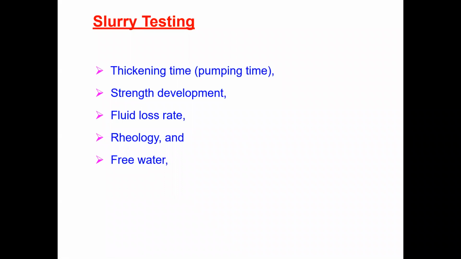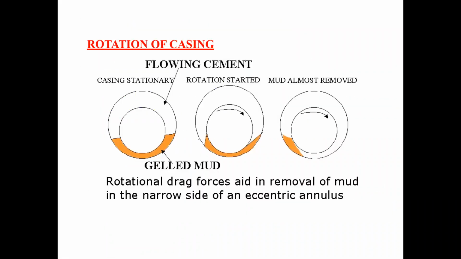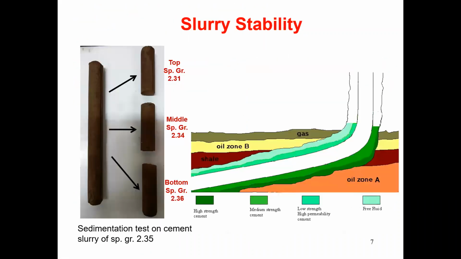But in horizontal wells, in inclined wells, I'll come back to my original slide. In high angle wells, if water separation is more, then what will happen? The slurry will set, and on the top section water will be there, even if it is 1.4%. So that will not prevent interzonal migration of fluids. So in high angle wells or in squeeze wells, the fluid loss should be minimum, and there should be no water separation. Free water separation and free water are the same thing. So there should be nil water separation. Okay.